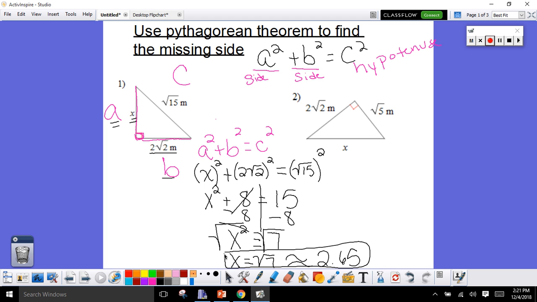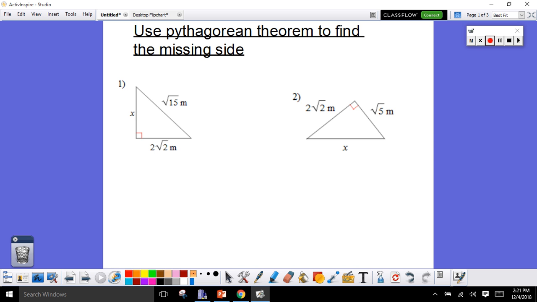Okay, now I'm going to erase it and I'm going to work on number 2. For number 2, I do the same thing. I'm still working with the Pythagorean theorem. So a squared plus b squared equals c squared. The first thing I do, I label my triangle. Remember that A and B are the two sides that touch the 90-degree angle. So I have A, I have B, and C would be the longest side, or the side that does not